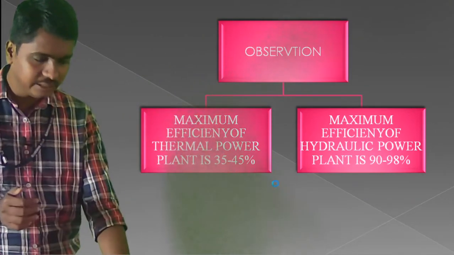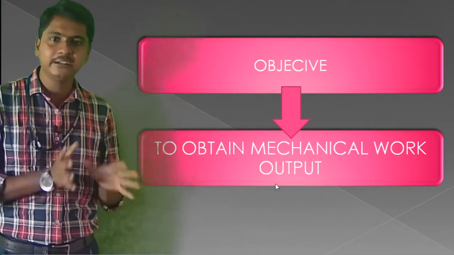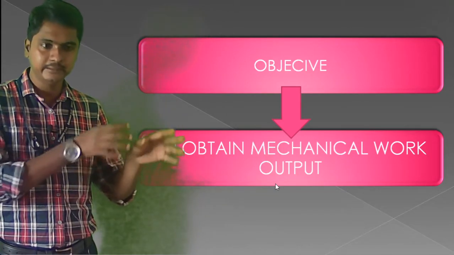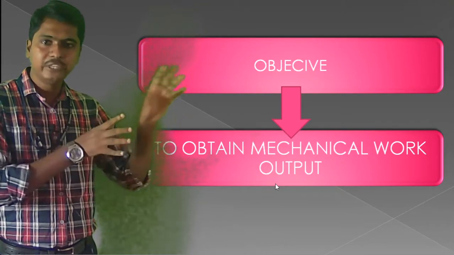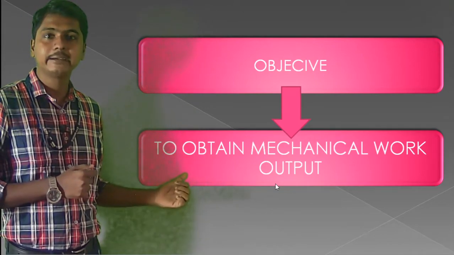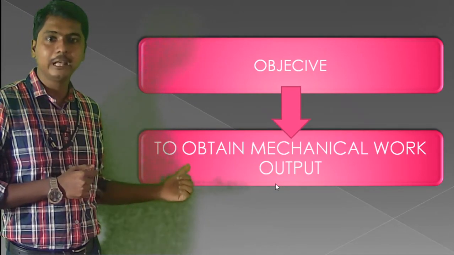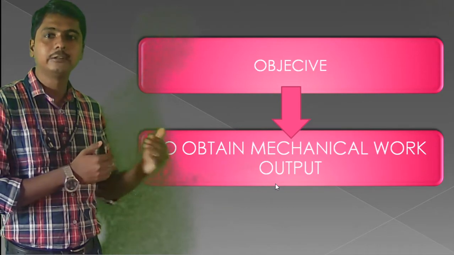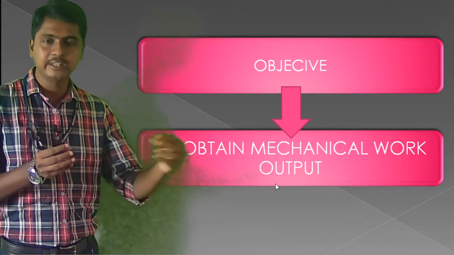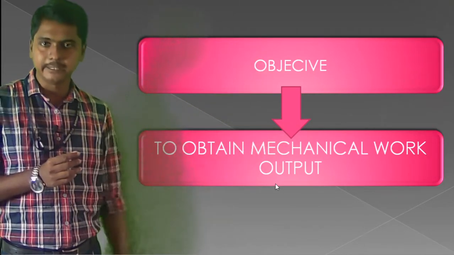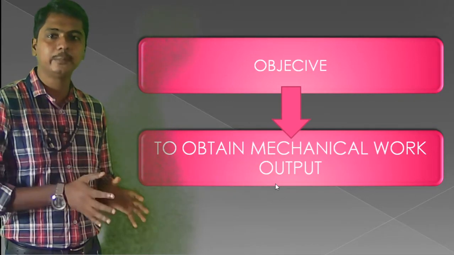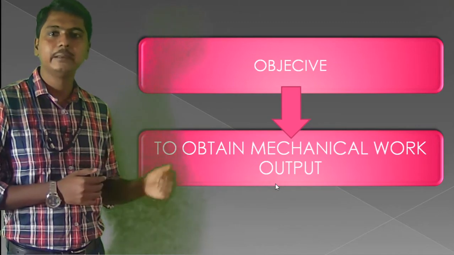You can see the objective of all these kinds of power plants, whether it is a hydraulic power plant or a thermal power plant, is to obtain mechanical work output. It is the objective of all types of power plants. From that mechanical work, we will attach an alternator or generator, and we will get electricity. So remember this thing: the objective of all types of power plants is to obtain